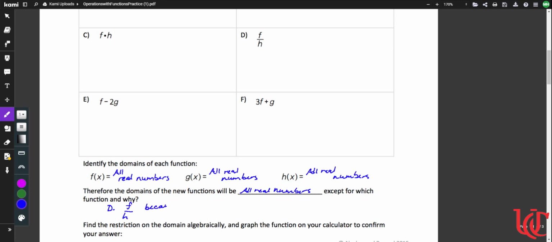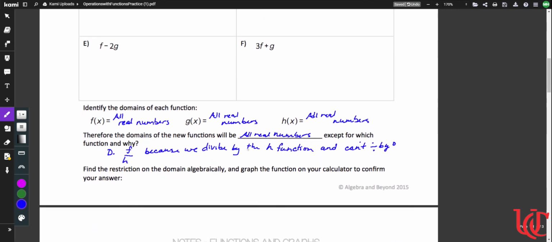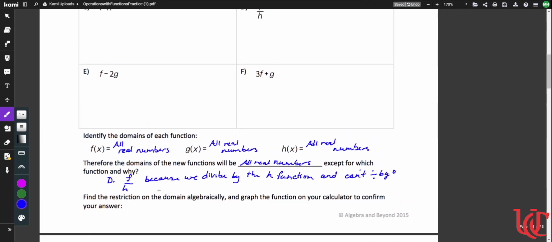Because we divide by 0. So anywhere that H is 0,